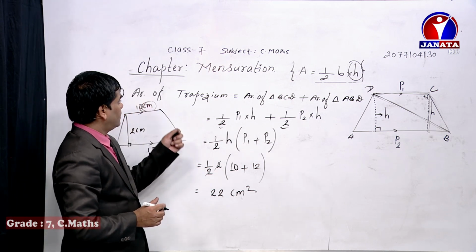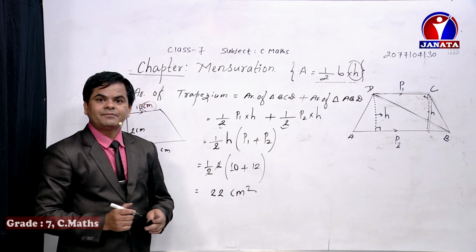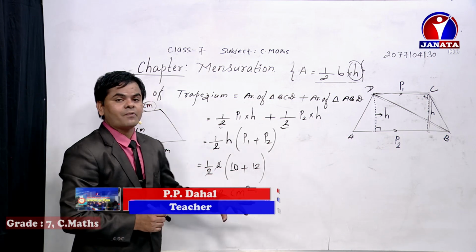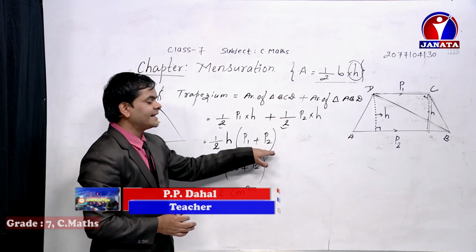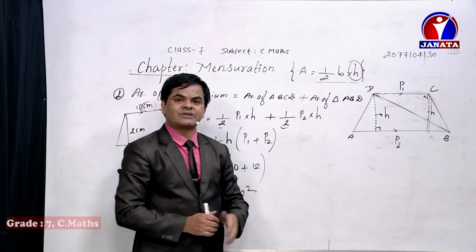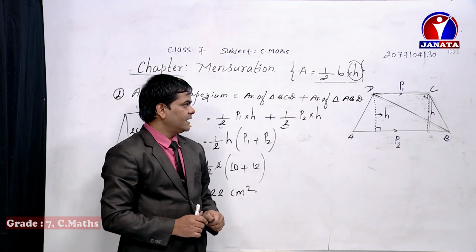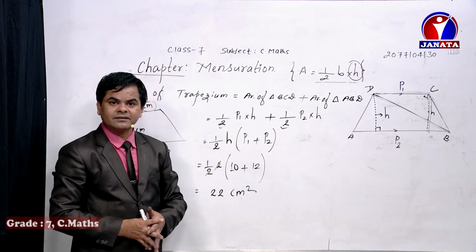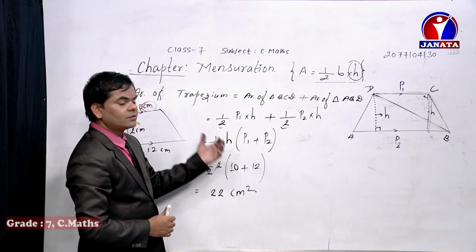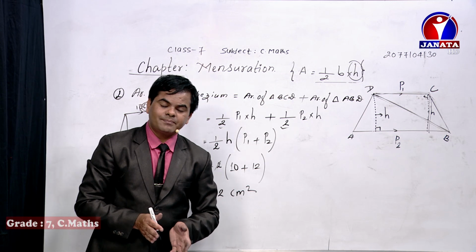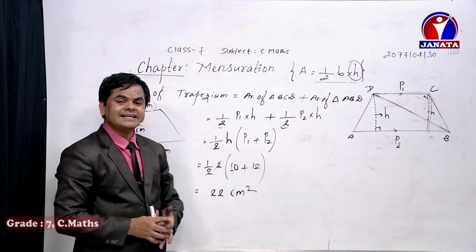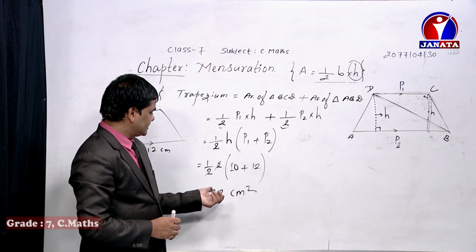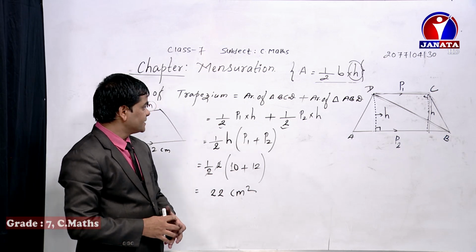We did the isosceles triangle and trapezium. If you get such a question and you don't know the formula to use directly, then you can take the concept of this triangle, and then you can derive the formula, and you can do all the questions regarding the trapezium as well as the isosceles triangle. In the upcoming days, we'll discuss different types of solid figures as well as plane figures, so that you will be able to do any type of questions regarding plane surfaces as well as solid shapes easily. So by saying that much, today's class is over.